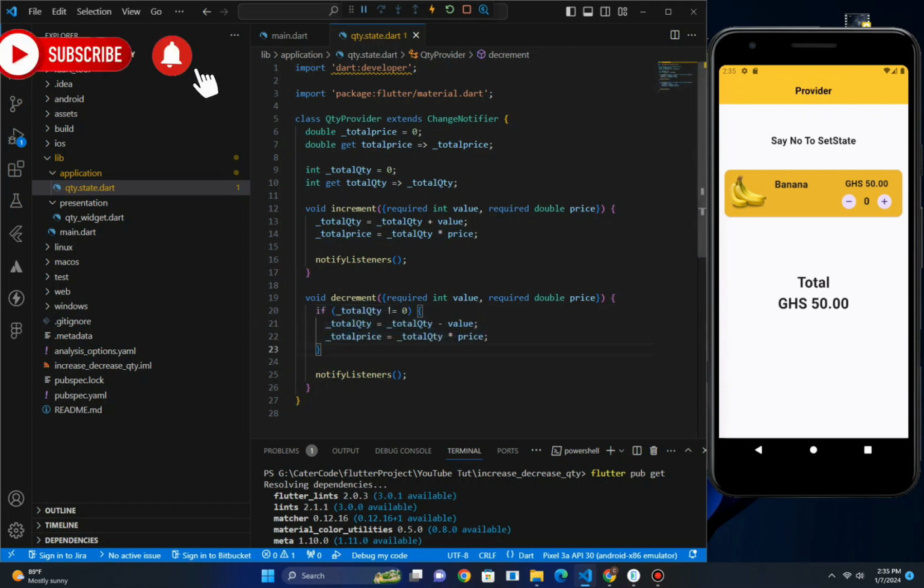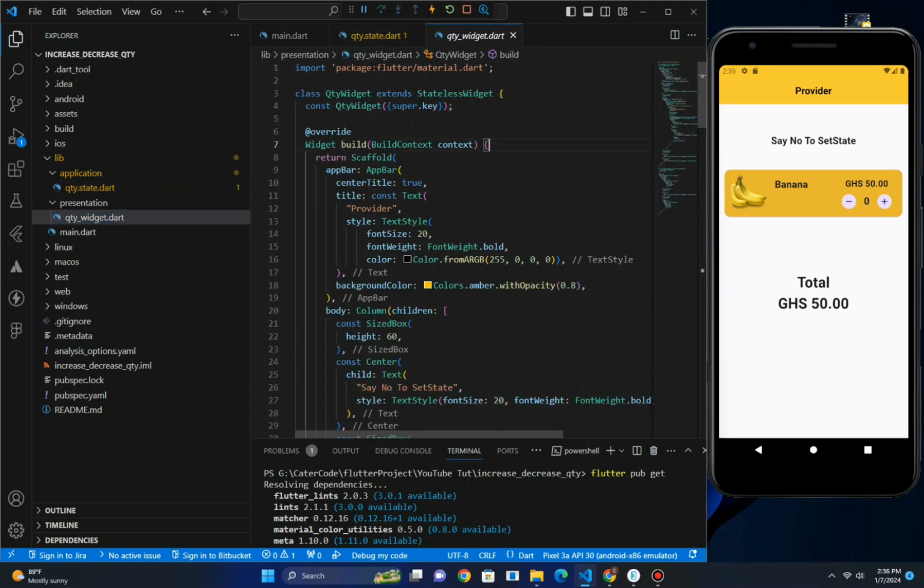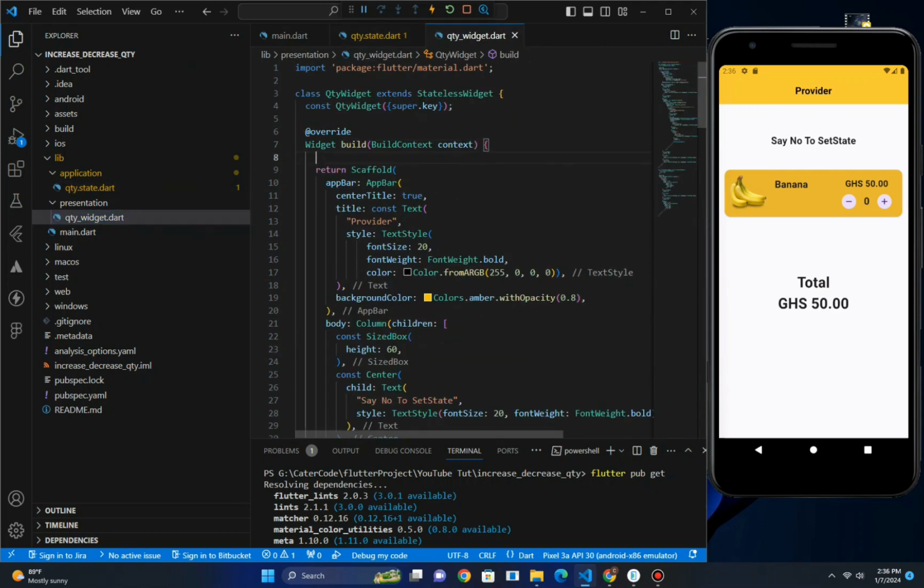So to prevent us from getting negative values inside our code, this is where you and I are going to code together by connecting the state to our UI. So let's click here. Before you use a provider, you need to